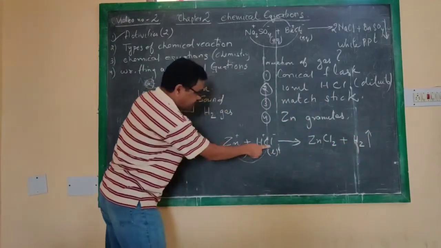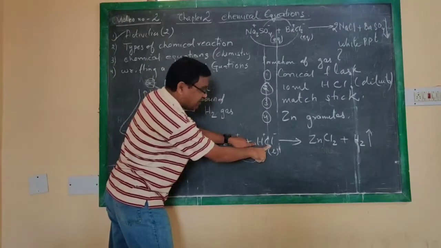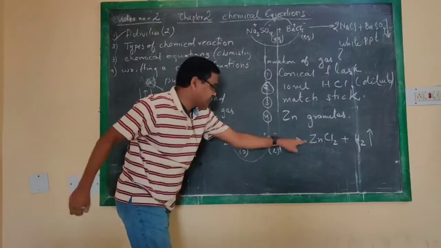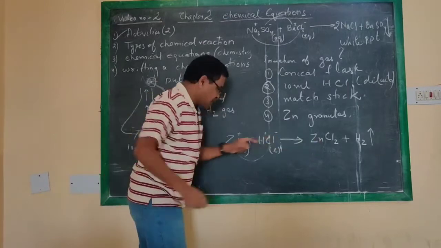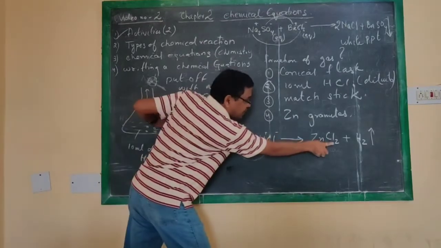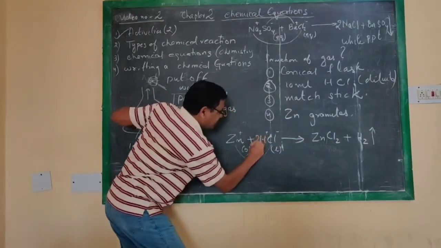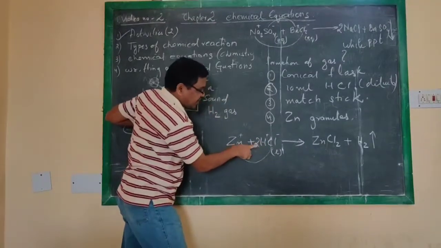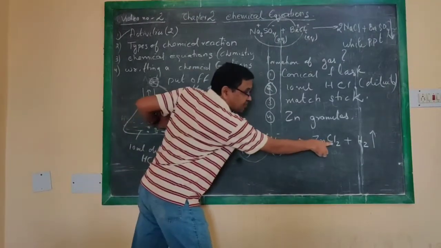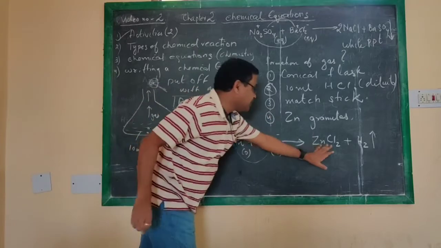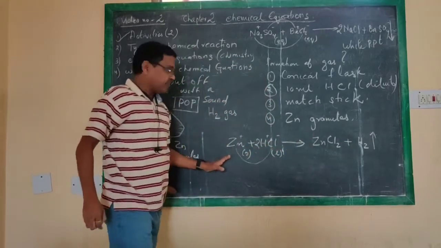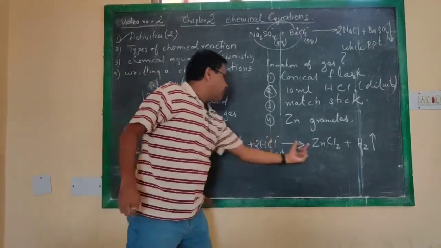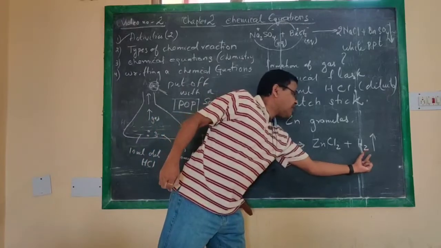That is zinc chloride, and we have left with the hydrogen. Now this is not a balanced equation. So we have here what? Cl2 we have here. So we'll just put here 2 as coefficient. So this becomes 2Cl and this becomes Cl2. So now this is a balanced chemical equation where we came to know that the formation is what?